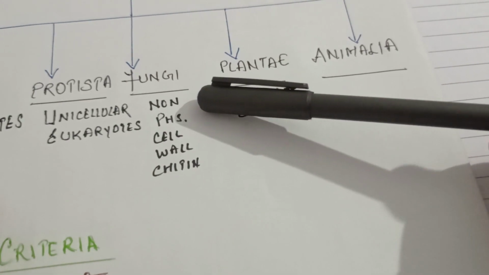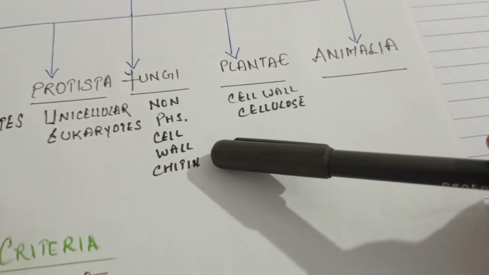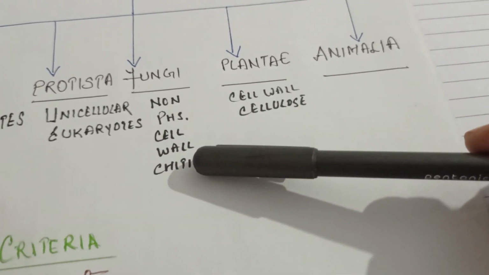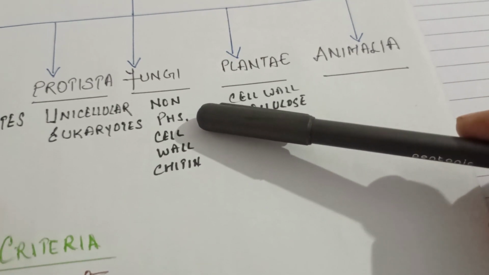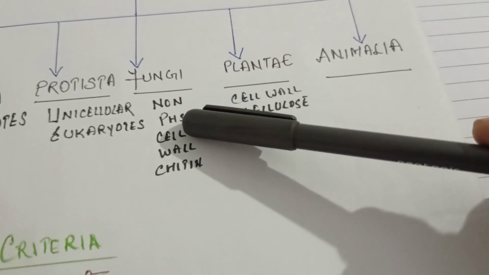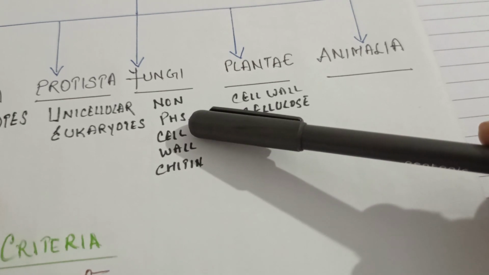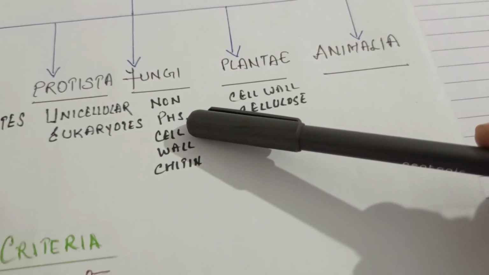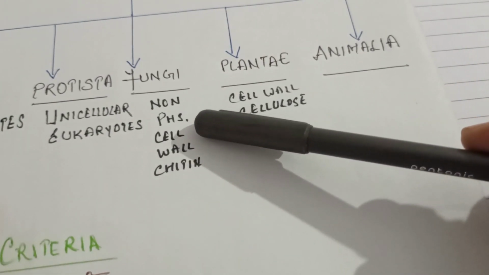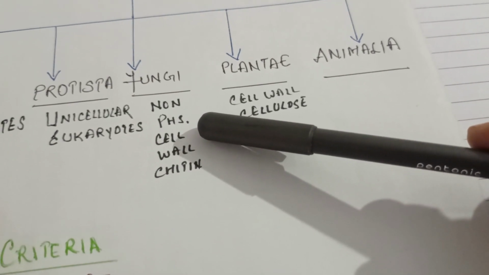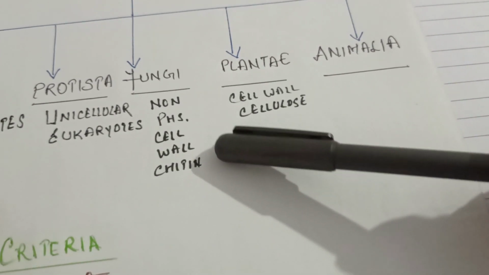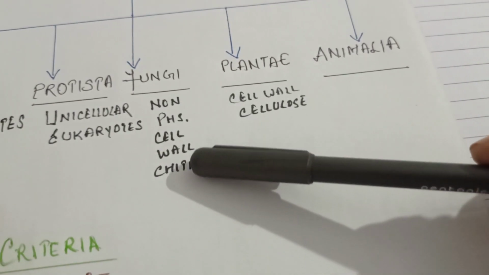Then the third kingdom, fungi. They were eukaryotes. Some were unicellular, many were multicellular, but the uniqueness of this kingdom was that they contained a cell wall, but they were not photosynthetic. They were not autotrophic. Fungi, you all know, have a heterotrophic mode of nutrition. And why are they heterotrophic? Why are plants autotrophic? Plants are autotrophic because they undergo photosynthesis. How do they undergo photosynthesis? Because they have chloroplast in them.